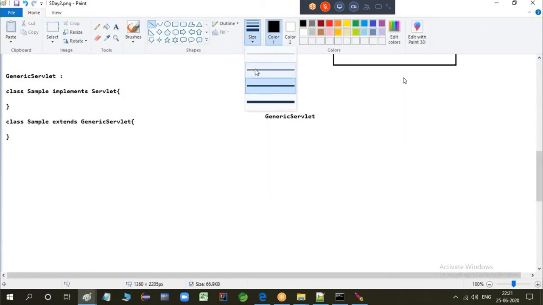That means Sun Microsystems said, you don't implement the servlet interface, we will implement it with GenericServlet and override all the methods.